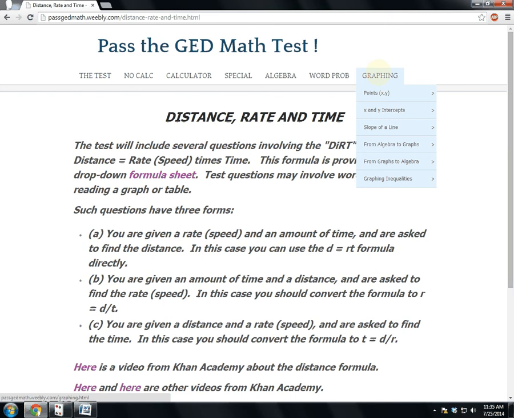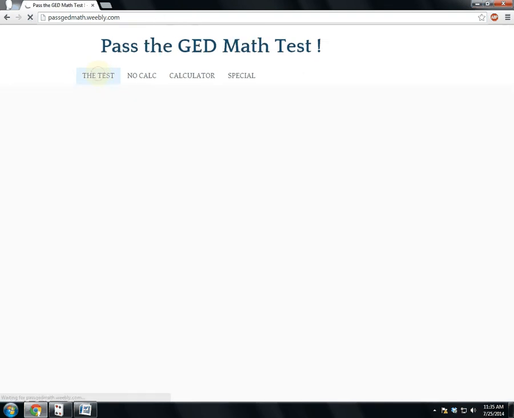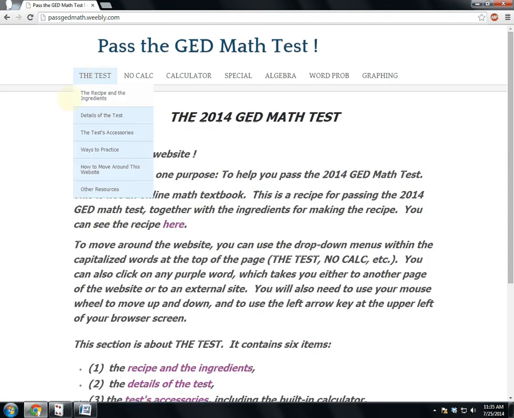Okay, the final section of the website, as you can see from the drop-down menu here, deals with graphing, converting algebra to graphs and graphs to algebra. I'm going to leave this section to you as well to explore on your own. Again, there are instructional videos, other internet lessons, and practice questions involved. So you have now seen the website. You have seen the 4 parts of the 4-part recipe, and you've seen where you get the skills, the ingredients